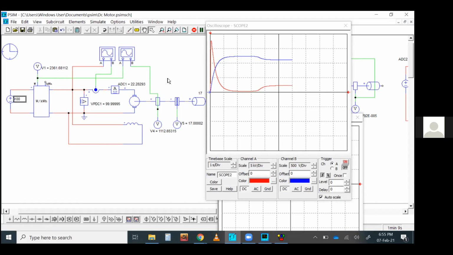Like, for example, someday something came to my mind. We all know that for all the motors, when the motors are running at low voltage, the motor will burn. But why is that? It doesn't make sense that if you run a motor at low voltage, it should run at low speed, but why should it burn? Why should the current increase in the motor? Then I ran this simulation with different kinds of motors and changed the supply voltage, checked it and saw, yes, if you lower the supply voltage, definitely the motor current will increase,